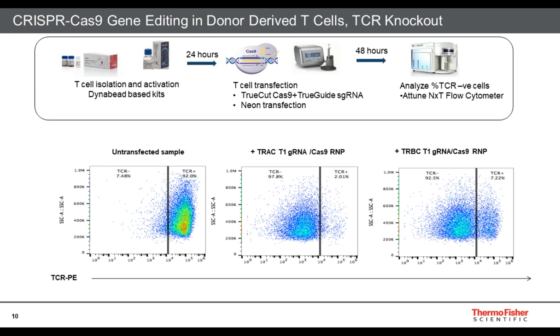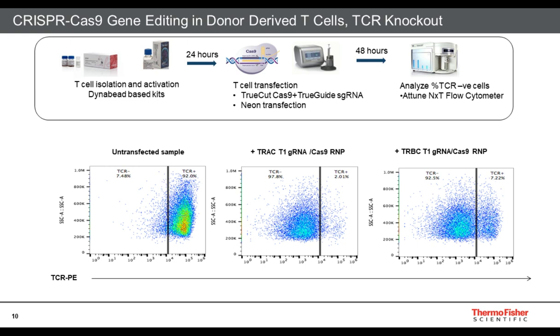So here I'd just like to take you through this workflow a little bit and give you an example of what the data looks like. Up on the top, I have the workflow stated out again as well. And you can see that it's a 48-hour process to validate your guide RNA and look at your knockdown efficiency using flow cytometry. So in this case, this is a guide RNA targeting the TCR in PBMCs, and this